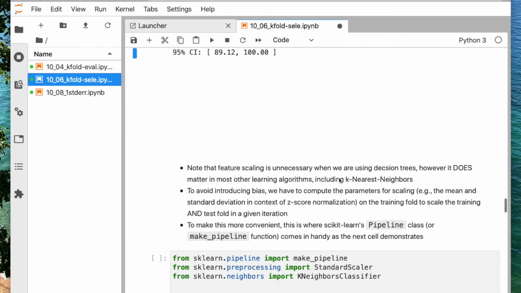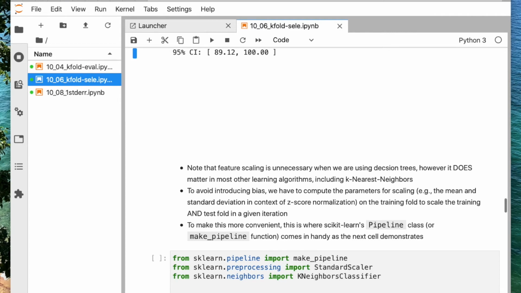Okay, another point to consider is what happens if we have to do feature scaling. I mentioned in the lectures when we talked about standardization or min-max scaling that we have to use the training set parameters to transform the test set. The same is true when we do the k-fold cross-validation.